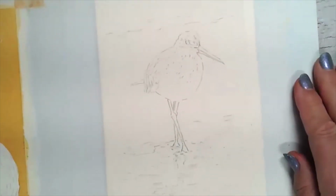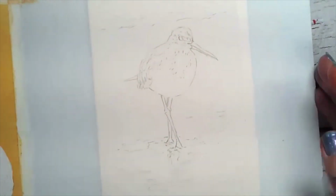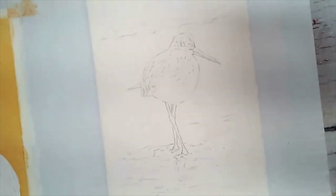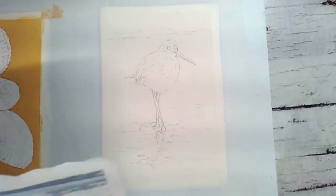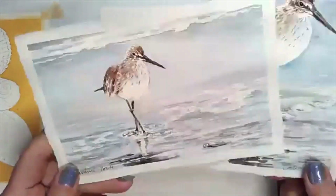But while we're waiting for that, I'm going to do the little sandpiper one. I'm going to start it anyway. So if people want to do the bird, then they can do that one. Now this is completely the opposite. It doesn't matter if you have lines and streaks and all of that kind of stuff. You can even intentionally put backgrounds in and things like that, because we're going to make it look like water